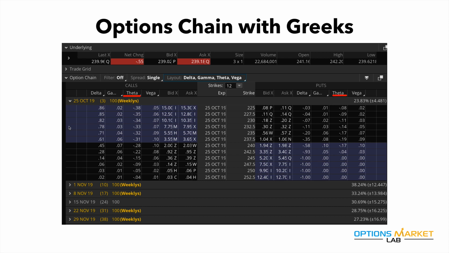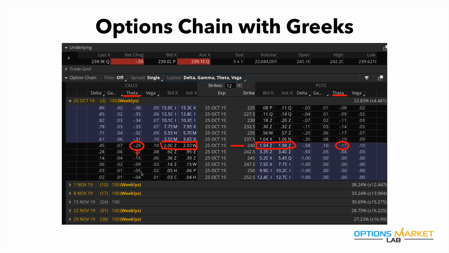Now theta is how much time decay is affecting our premium on both ends. So at the end of the day, on both sides, calls and puts for 240 strike price, we are going to lose 28 cents on calls and we are going to lose 17 cents on the put contract. So if you are holding a call option strike $240, at the end of the day, you have to pay